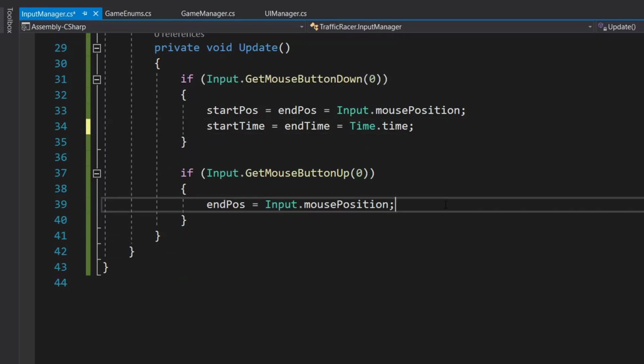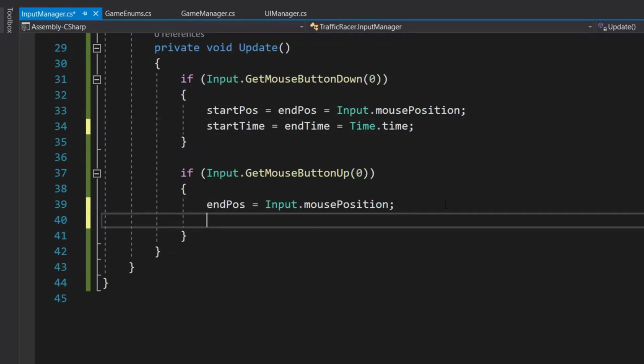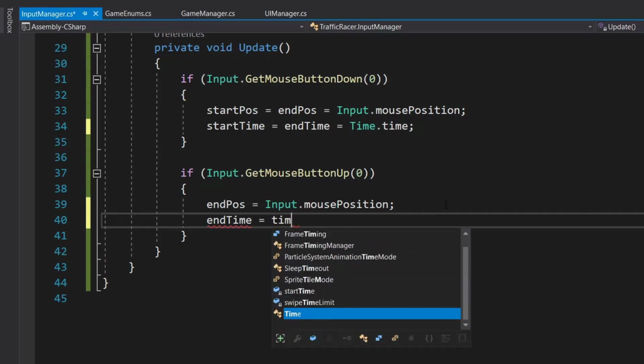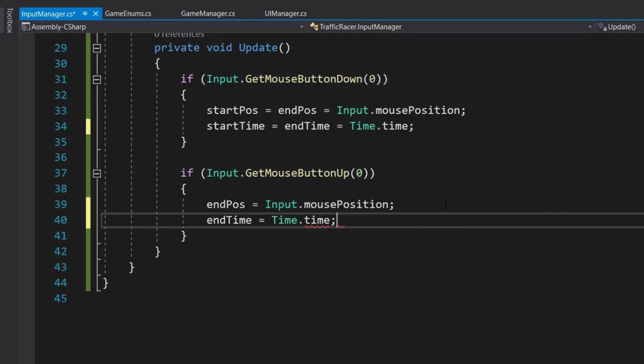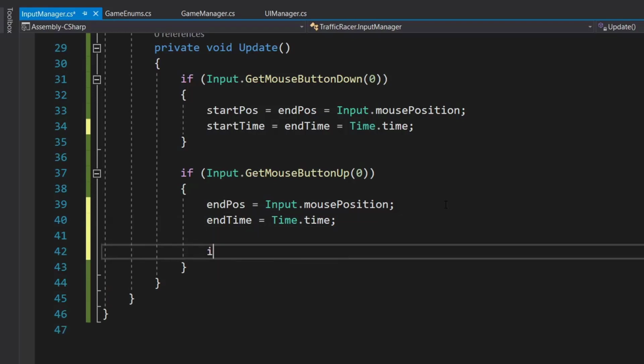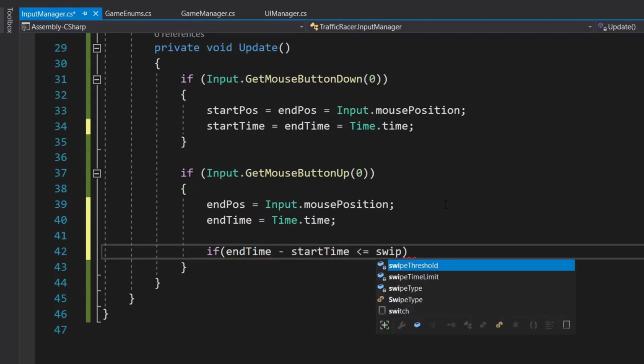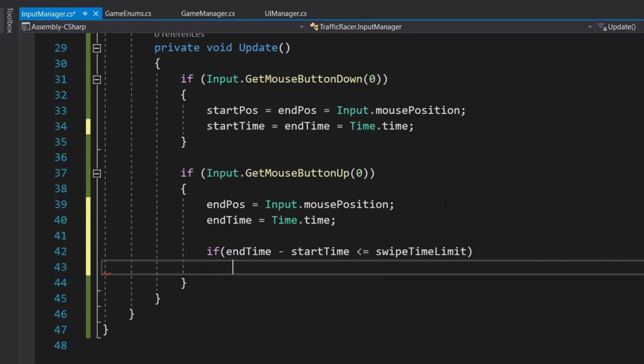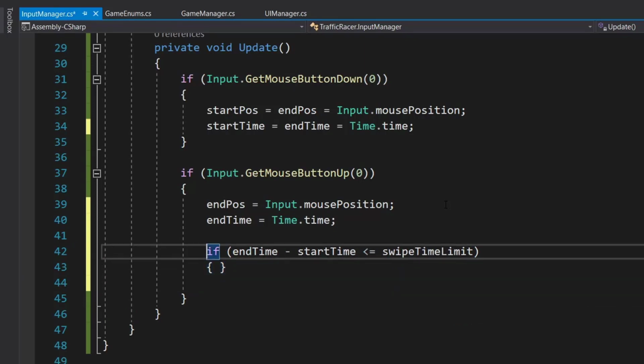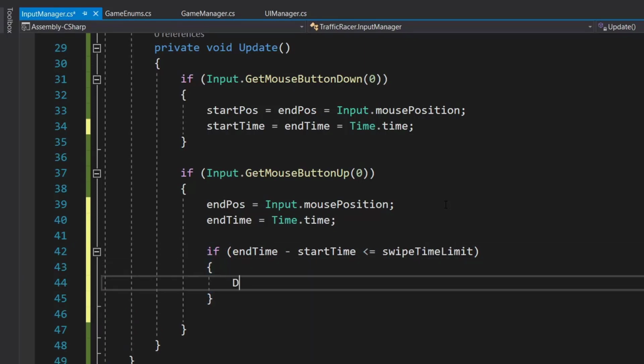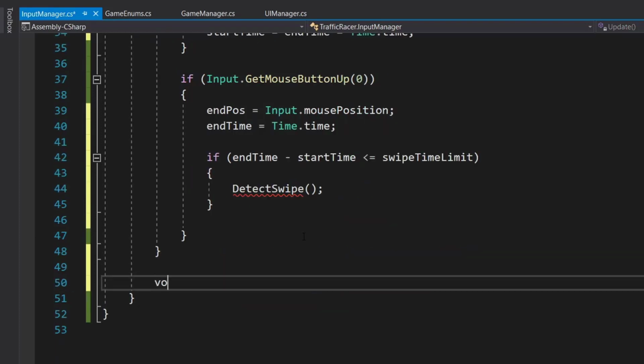Now in another condition, when we leave our click or tap, we set our end time equal to Time.time, and then we will check if end time minus our start time is less than or equal to swipe time limit. If this is true, then we will call our DetectSwipe method, and then we will create our void DetectSwipe method below.